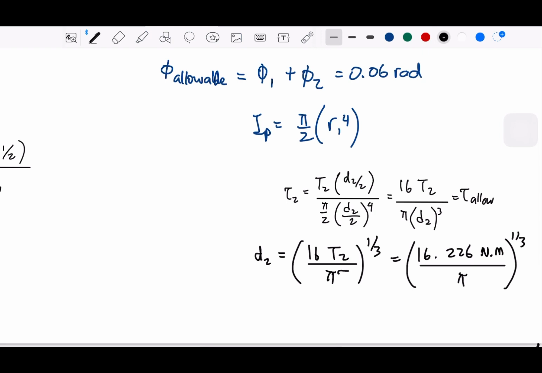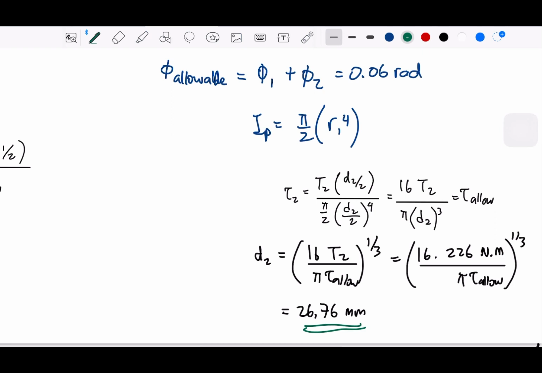Oh, this is the stress allowable. Sorry, the stress allowable here. That is equal 26 millimeter. So this is